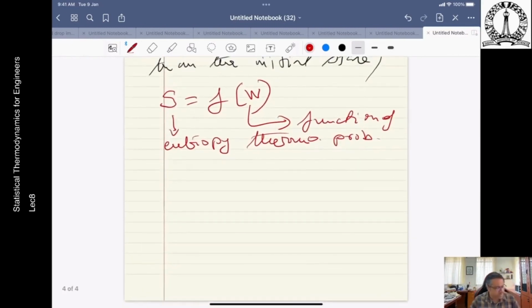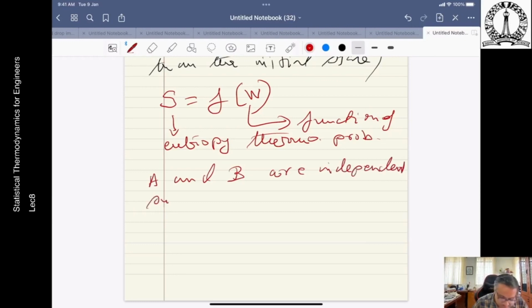As entropy increases, the thermodynamic probability also increases. We do not know how they are correlated, but we definitely know this should be the situation. Now, since A and B are independent subsystems,